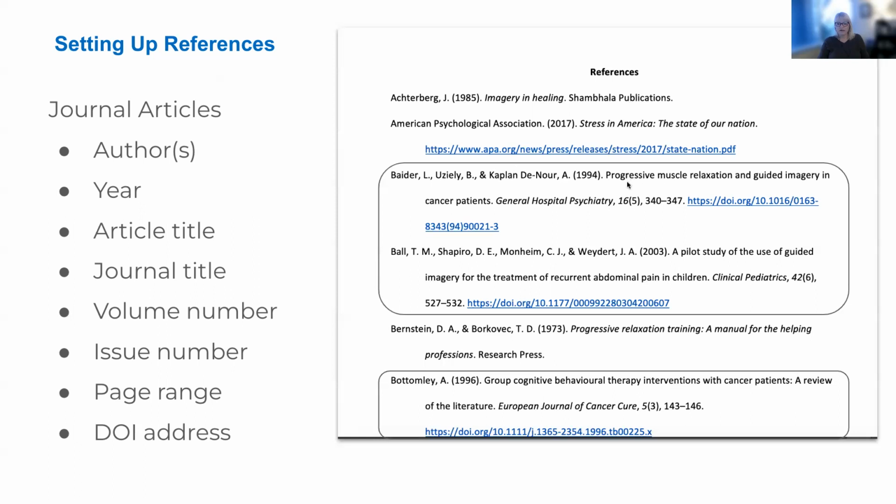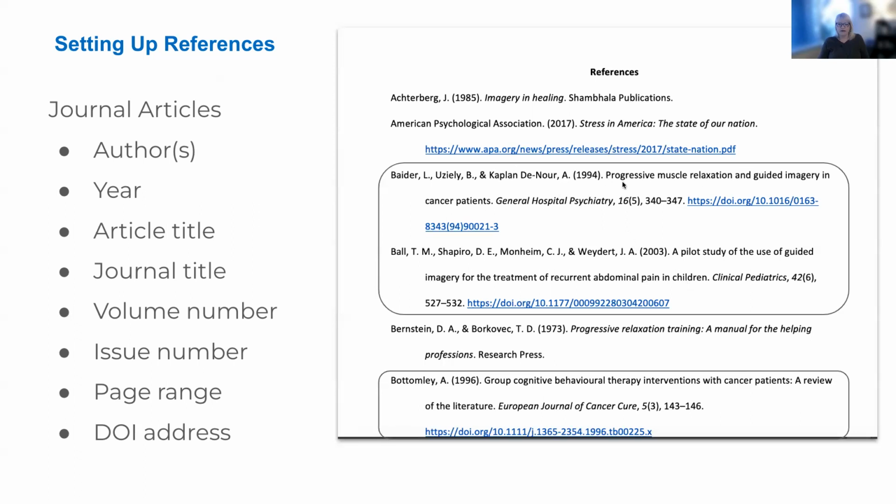Article titles have sentence case capitalization. That means that you only capitalize the first word of the title, the first word of a subtitle, like down here, and then any proper nouns. That could be a country name or anything like Adlerian theory, anything that is a proper noun.